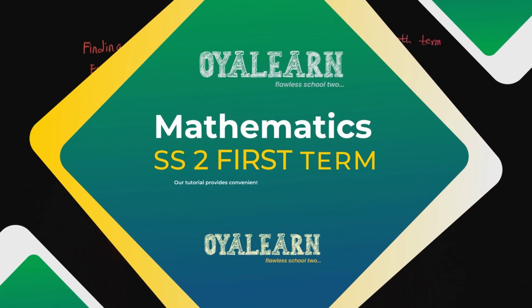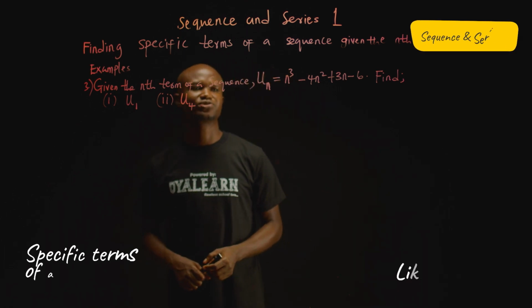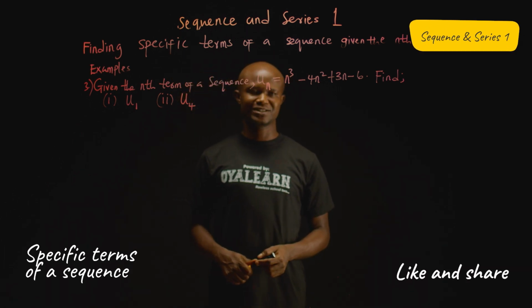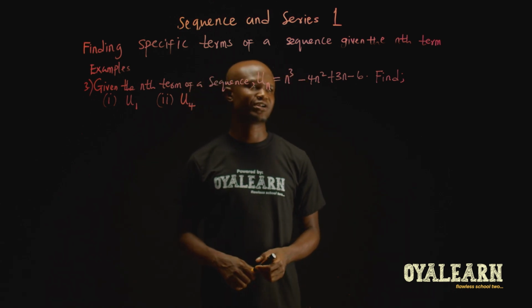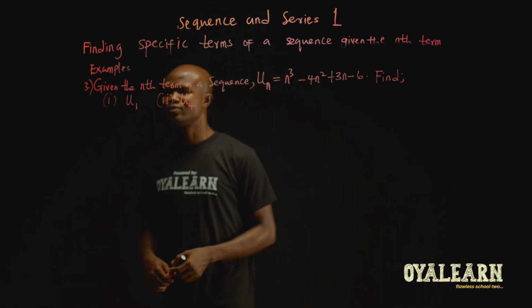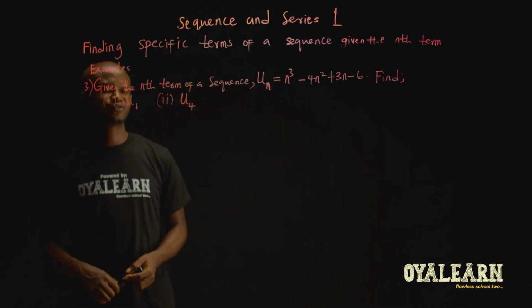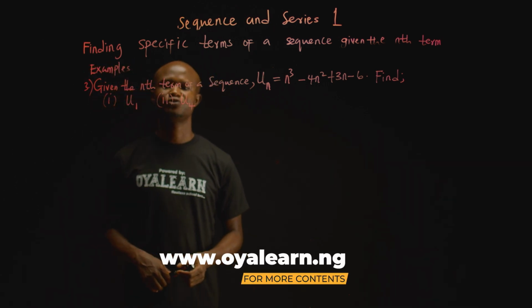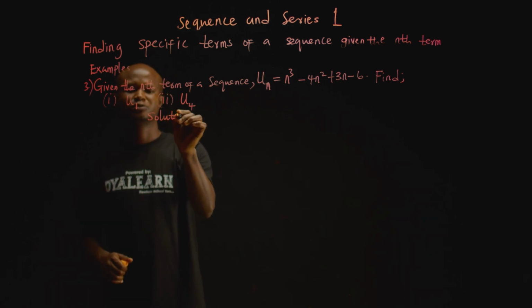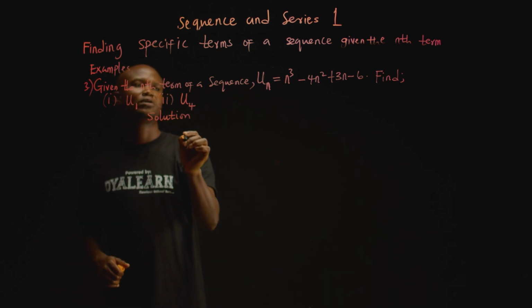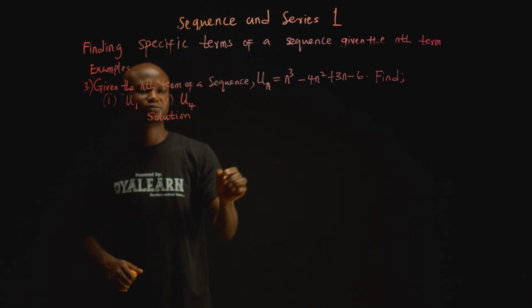Given the nth term of a sequence, u subscript n equals n raised to the power 3 minus 4n squared plus 3n minus 6. Find (i) u1, (ii) u4. Solution. From the question, we're given